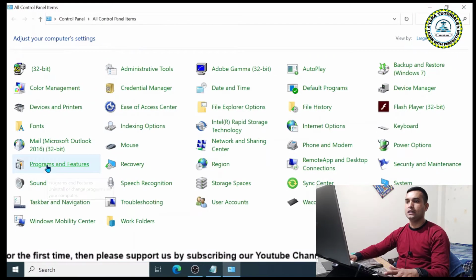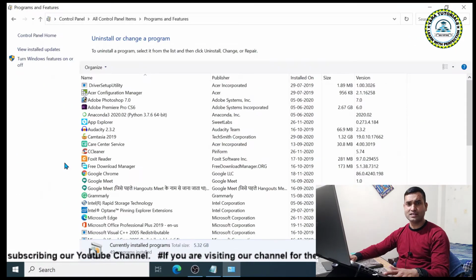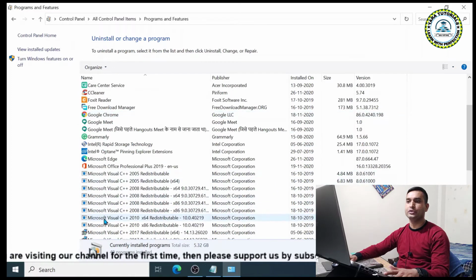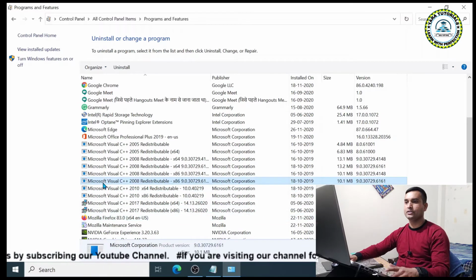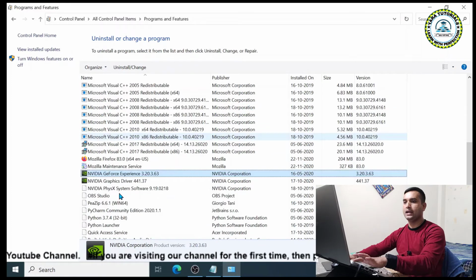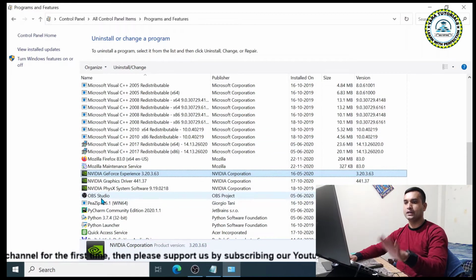Then here you can see the option called program and features. Just click on this, and then you need to locate the software which you want to uninstall. In my case, I want to uninstall Norton antivirus software. So I will just press N, and here you can see there is no entry of Norton here.